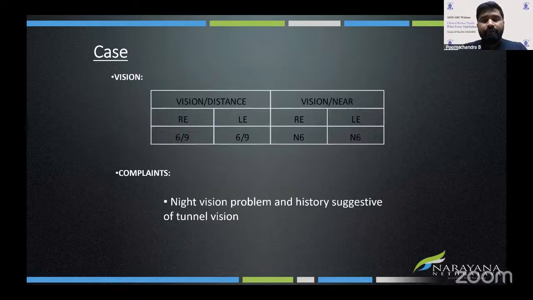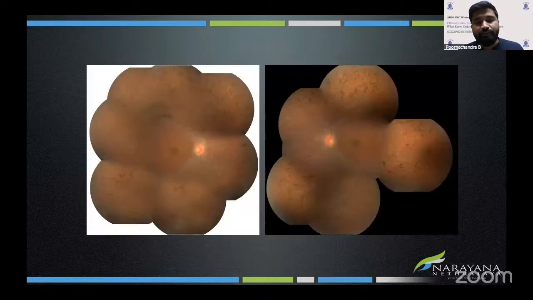So let me begin with a case example. This was a case of a 29-year-old male who presented with a relatively good central vision of 6/9 and 6/6, and he had night vision problems and a history suggestive of tunnel vision. And when you see the fundus photograph, it's very classic. You see waxy pallor of the disc, attenuation of vessels, and multiple bone spicule-like pigmentation, which is a triad of